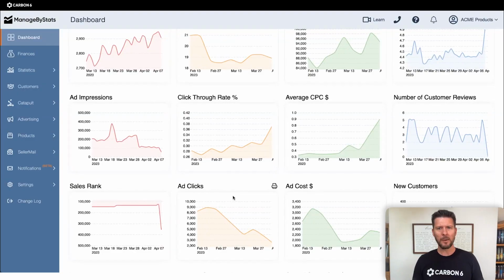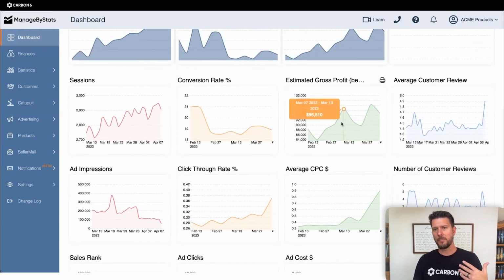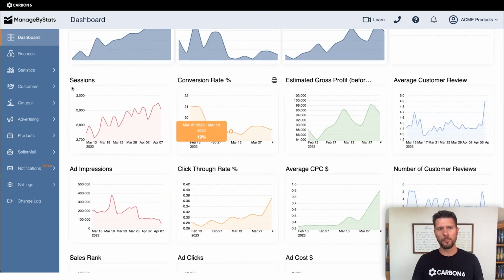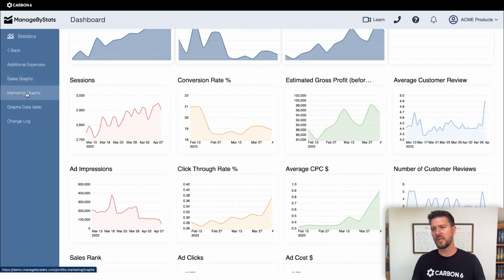But we want to build out some things that will help the manager do that. So suggestions based off of metrics, what things you should go do, what things you should go check. As well as those suggestions tying to these metrics, and then being able to click on a metric and have it open up all of the marketing graphs that relate to that product. So there are things we're building out that will not necessarily automate, but help guide that attention more precisely to the areas. That's some future stuff we're working on right now.